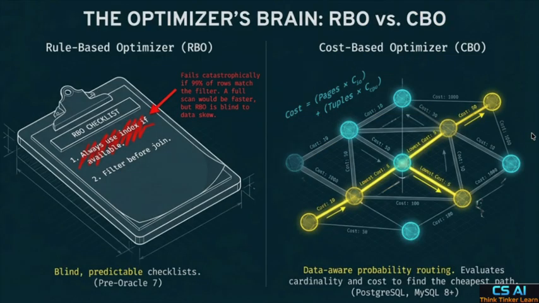To understand the optimizer's brain, we have to look at the evolution from rule-based to cost-based. Rule-based optimization uses blind, predictable checklists like always use an index if it exists. It fails catastrophically when an index scan is actually slower than a full scan. Modern engines like PostgreSQL and MySQL 8 plus use cost-based optimization. It uses data-aware probability routing, evaluating the cardinality or uniqueness of data to find the mathematically cheapest